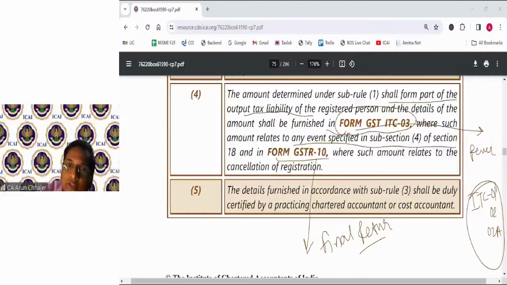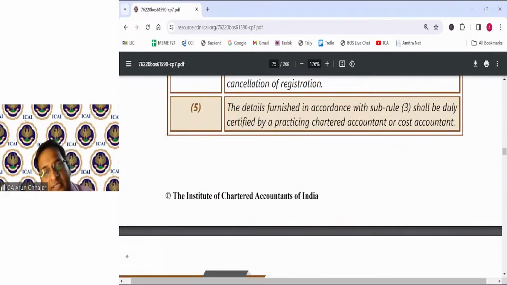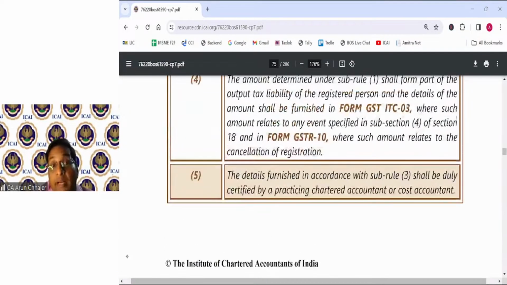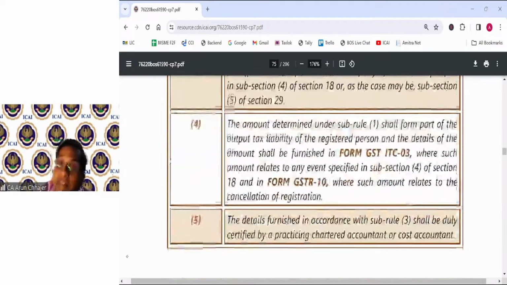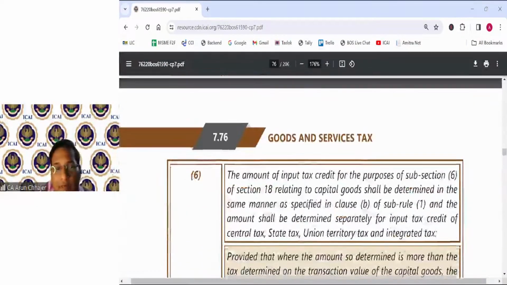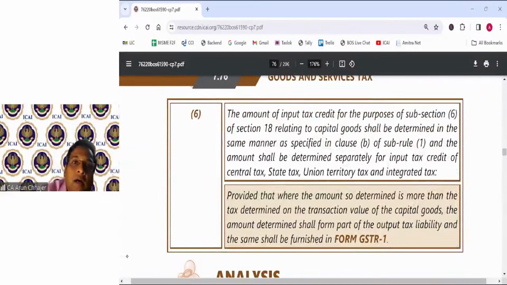So ITC 03 is basically the reversal of ITC. Details furnished in accordance with subrule 3 shall be duly certified by a chartered accountant or cost accountant. If you do not have the tax invoice, then you can take the market value, but that value has to be certified by the chartered accountant. Now the rule 44 subrule 6. What is that? The problem is